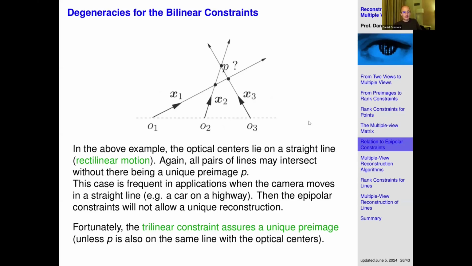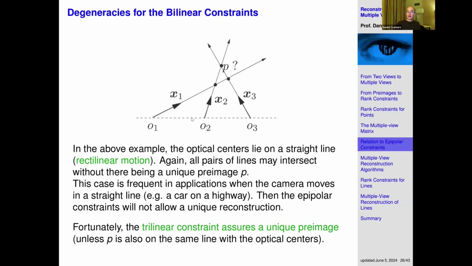Here is another degeneracy for the pairwise epipolar constraints. This is an example where the optical centers lie on a straight line. So for example, as I mentioned, the case when you're driving down the street. And then even if you're not looking in the direction you're driving, but out to the side window, let's say, and you observe some point there, then since the optical centers are on the line, for any point that you observe, no matter where in 3D space, the optical centers together with that point will form a plane. And then again, as you can see in this example, you will not have a unique pre-image just by